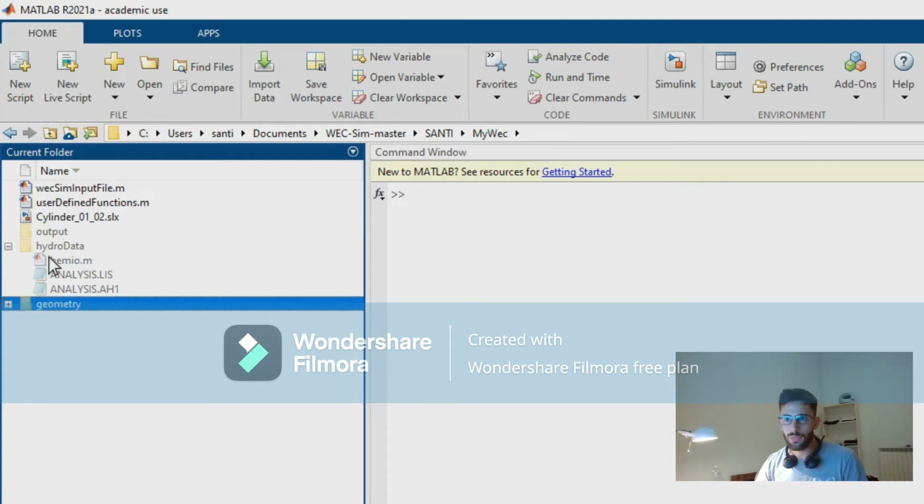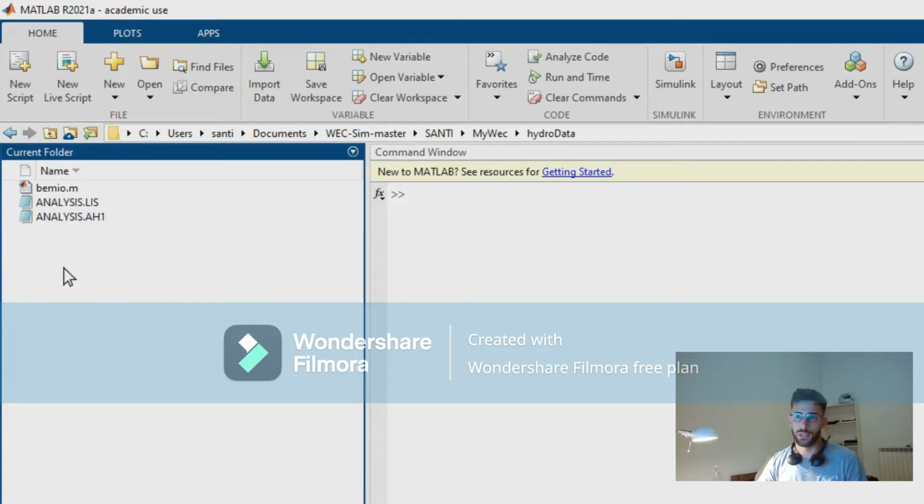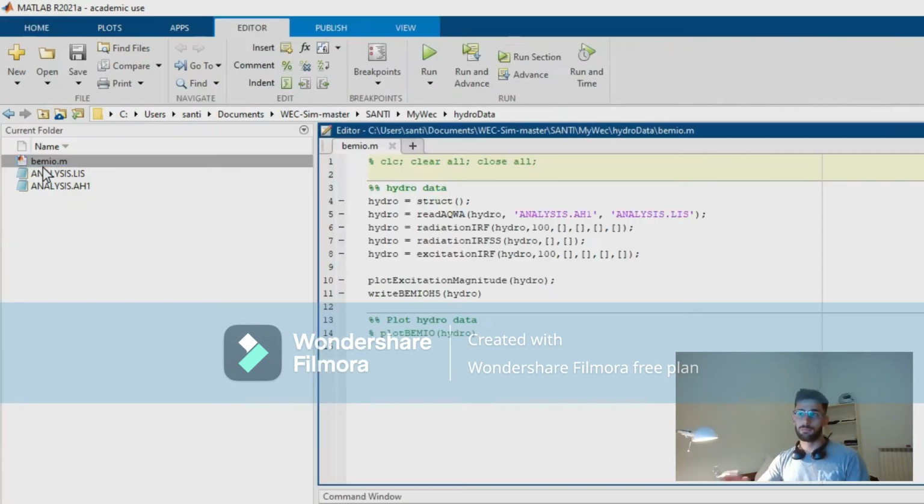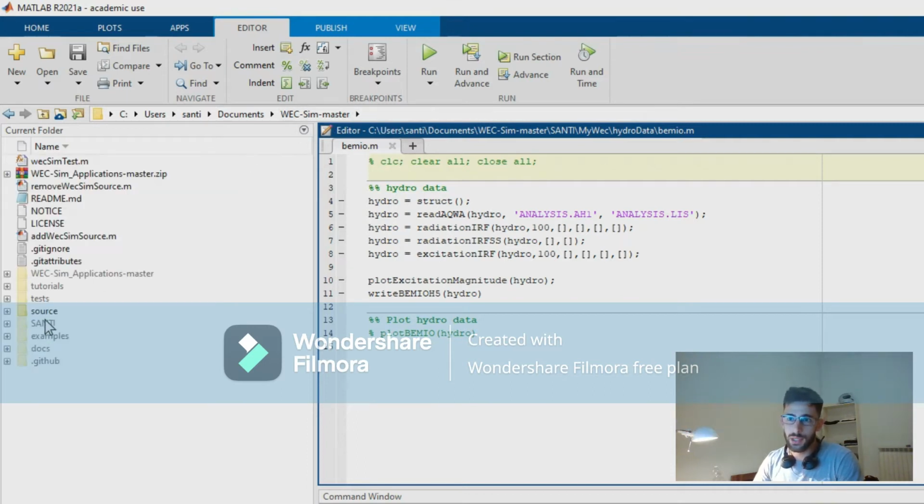So first of all, we're going to go for the hydro data. Here we have this Bemio file. What Bemio does is convert the output from WAMIT, Capytaine, NEMOH, or Aqwa into a file that can be read by the WEC-Sim solver. Okay, so there are many things right here, and we're just going to go for the examples in source,